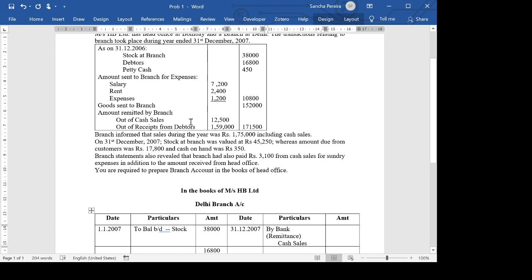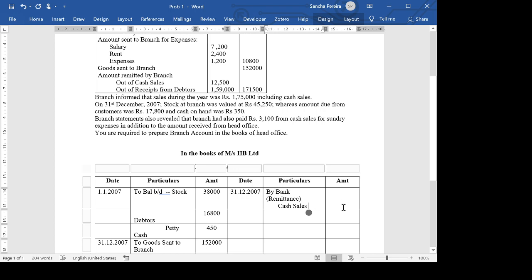Amount remitted by branch means what? The branch is sending money to the head office on account of cash sales. When you sell goods on cash basis, you're going to receive cash. So that money is being remitted, and also your debtors may have paid you at the branch. That money is also being remitted. So out of cash sales, which is 12,500,